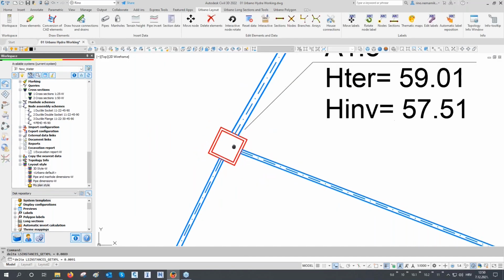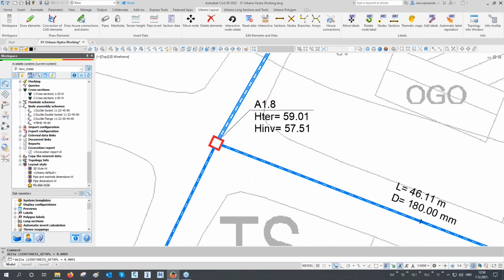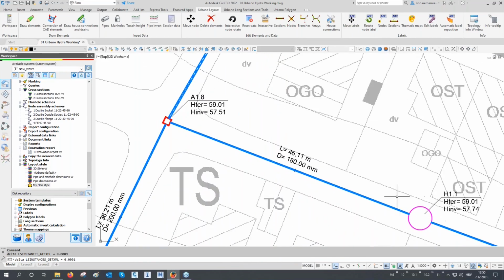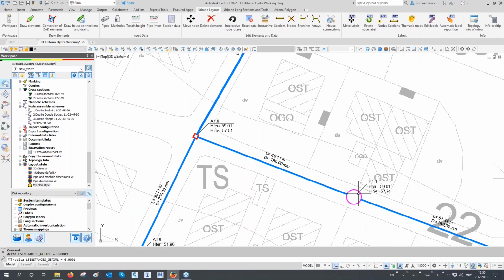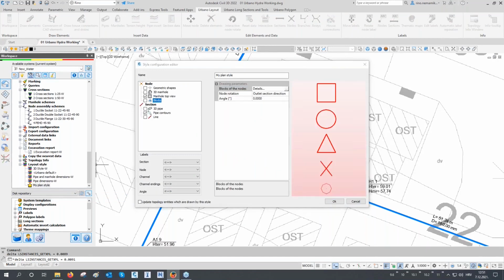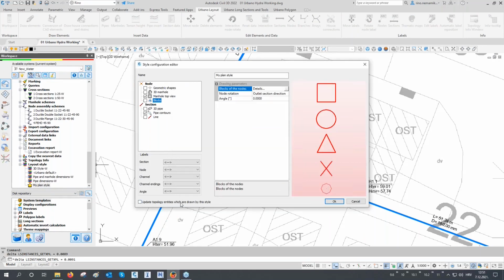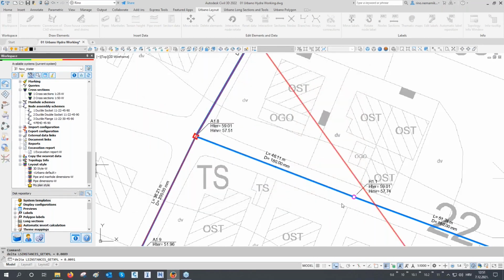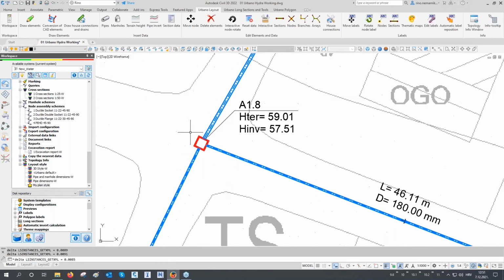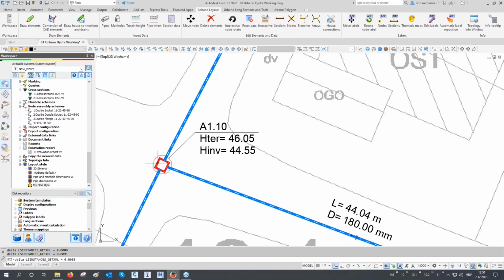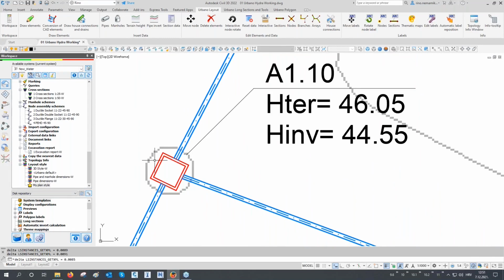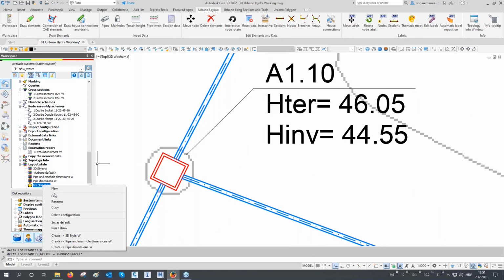And now you see that we have the real dimension of the real manhole that we applied. And here where we don't have a manhole, we have these circles that are too large. So let's go edit. Let's go to blocks, node, because the factor remained at 2. So let's bring it back to 0.5, which was the default. Okay, so that's the style that I prefer to use while designing my network, because I can simultaneously see the shape and the size of the pipes and the manholes in plan. And also in relation to the plans are the